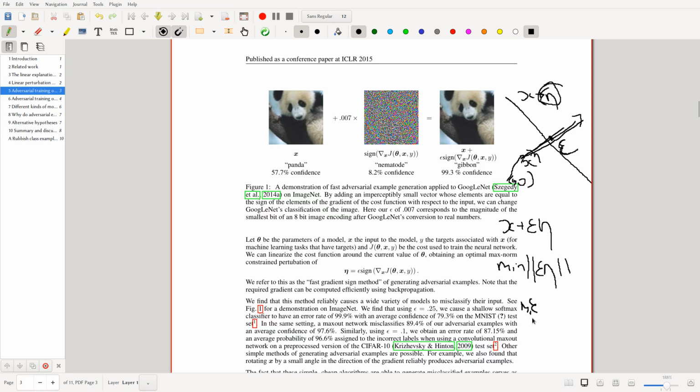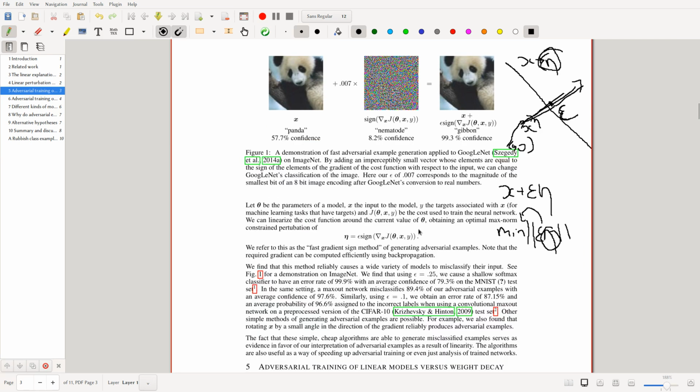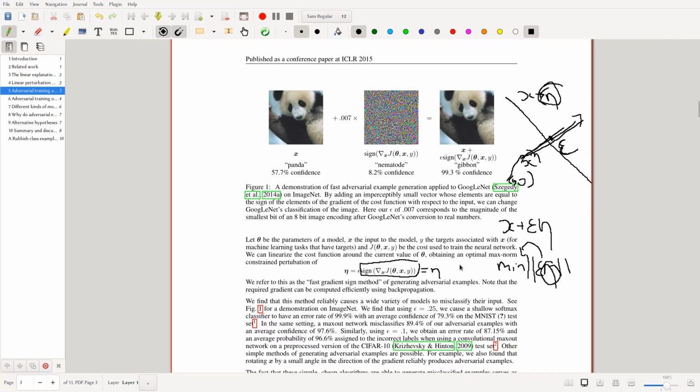Epsilon. This will be some norm epsilon, and this is becoming horrible, but what I'm saying is we can pull out this epsilon here so that it will still be some norm, but what we're trying to do first is minimize this perturbation, this direction here. This is eta, this box, and then we just multiply by a scalar value, and this gives us the direction. And what are they doing here?